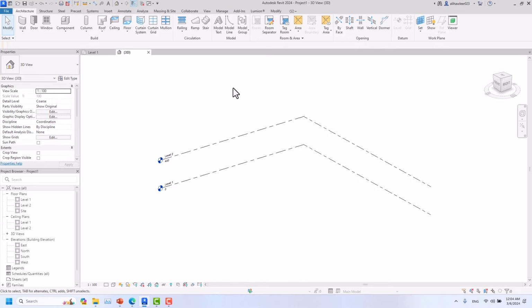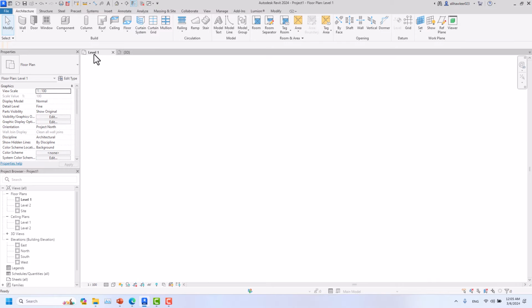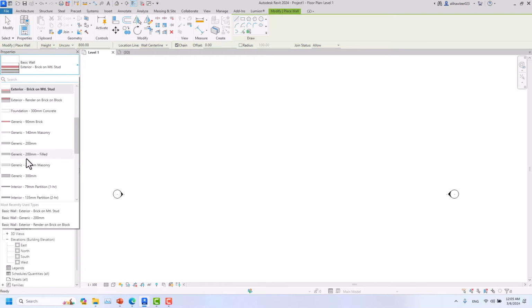Welcome back. In today's video we are going to explain slanted walls. What does the word slanted walls mean? It means that we have our walls a little bit sloped. Let me go to Level 1 and have my walls and change the walls to, let's say,